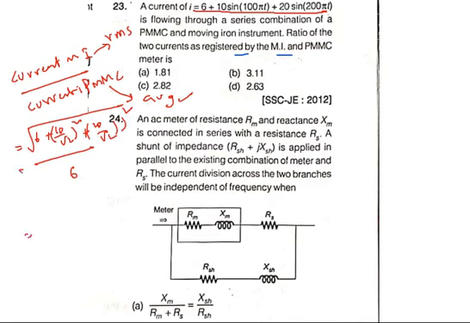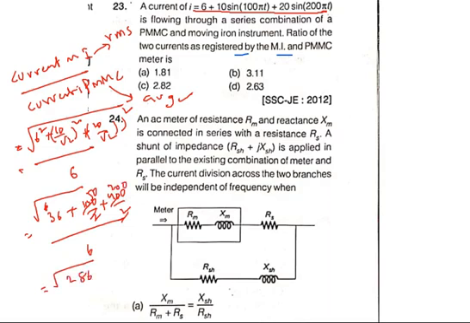Okay, and next simplify this. Square this one. Okay, 6 square means how much? 36 plus (10 by root 2) whole square, how much? 100 by 2, plus (20 by root 2) whole square, that is 400 by 2, all by 6. Simplify this: 36, 50, 200, just add them. Root over 286 by 6. This is near to 289. We know that 17 square is 289. So approximately we can equate it to 17.